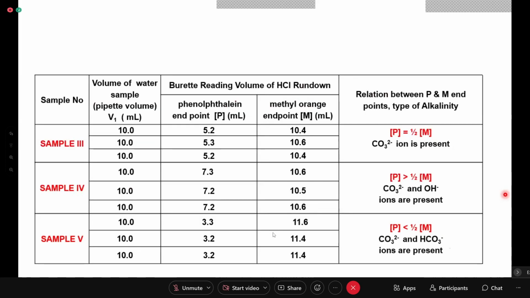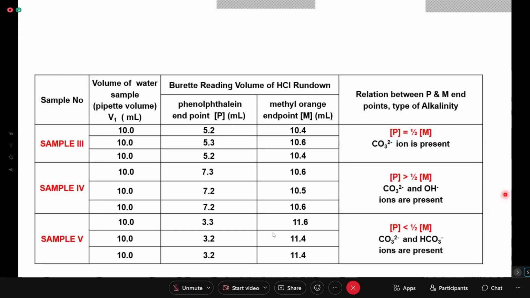This is sample 3, sample 4 and sample 5. Roll number 1. Roll number 2. Yes, ma'am. Roll number 3. Oh, ma'am, did you call me? Yeah, I am asking, are you writing this table or taking a screenshot of this? Ma'am, screenshot. Then no one is saying, madam, we are done with taking the screenshot.